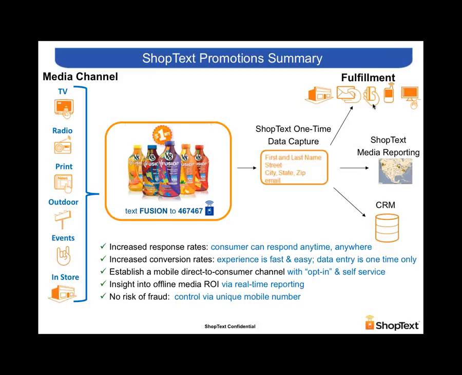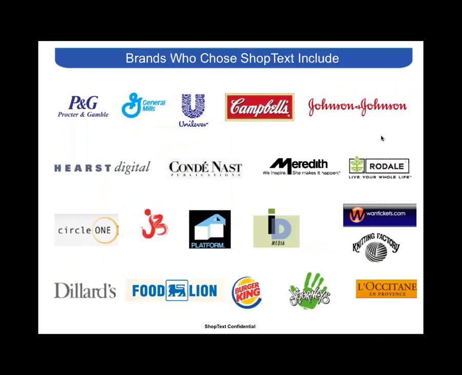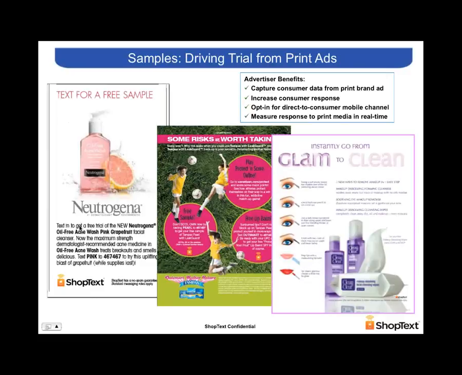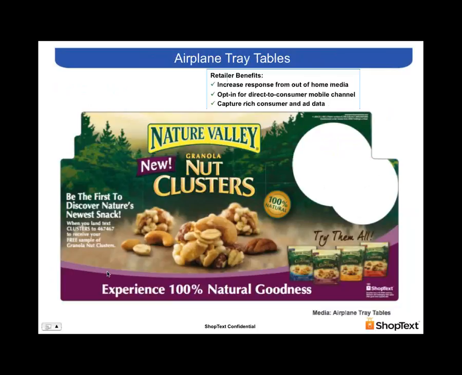And I'll show you the kind of things we're doing to activate that. Working with a bunch of CPGs, media companies, partnering with agencies, and also retailers. I'll show you the kind of thing we're doing on the CPG front with Food Lion. And what I thought I'd do is just take you through a couple of examples of samples that we've done with Procter & Gamble, J&J, and more, where essentially there's a call to action in any of these ads. The brand is capturing address and email, and we're sending that off directly to the fulfillment center.